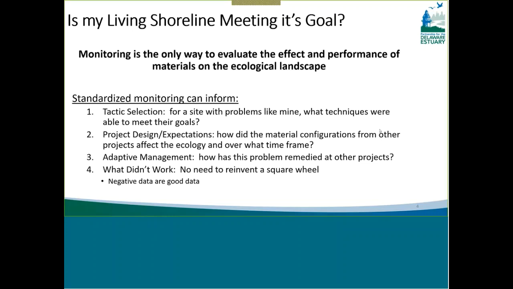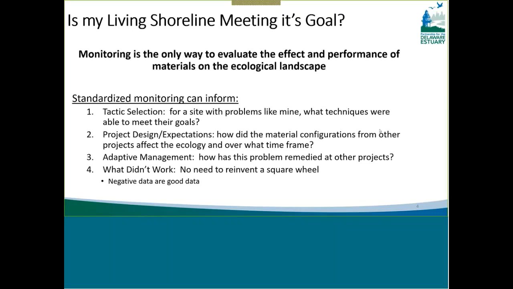So bringing this information there can help us identify different tactic selections. Even if you're just monitoring for yourself, other people may find that interesting and it may be good. I've got a site, it used to look like your site. What did you do? Did it work? No? Well, I'm not doing that. I'm going to do something else. So this tactic selection